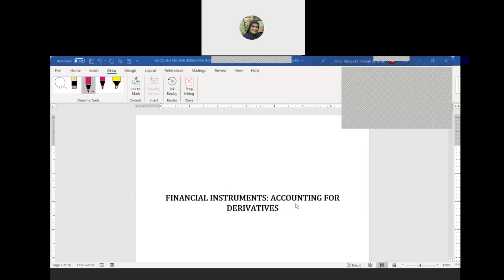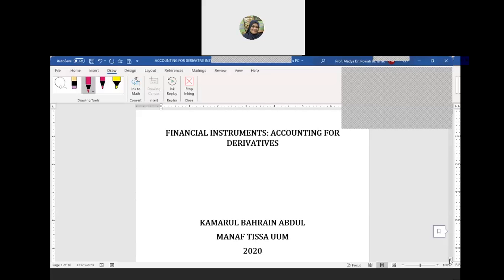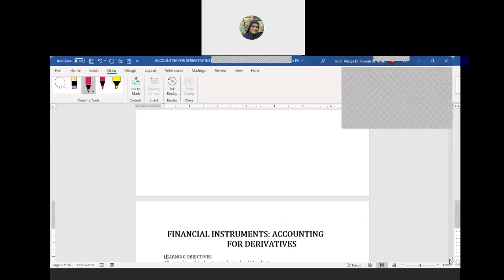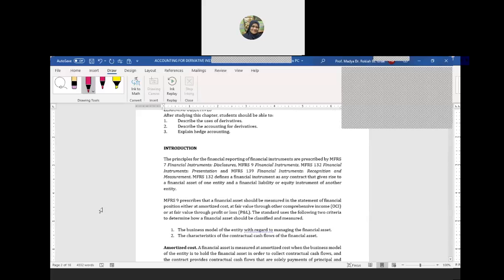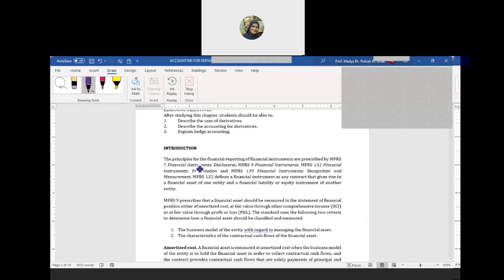Okay, so we're going to look at Dr. Kamaru's note on the financial instrument. We're going to look at the examples given here, and a little bit on the explanations that we have in the first parts of the notes. Okay, so we're going to look at the introduction part here, which is about the financial